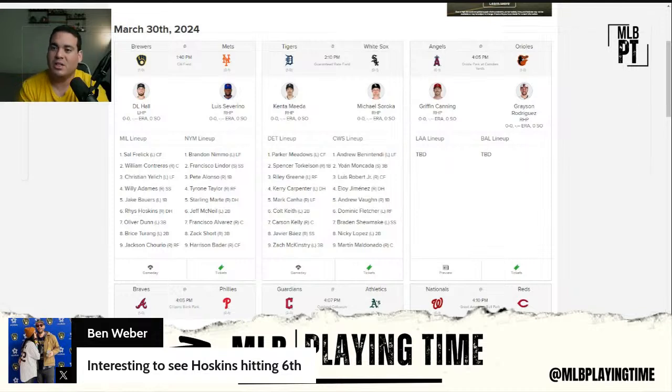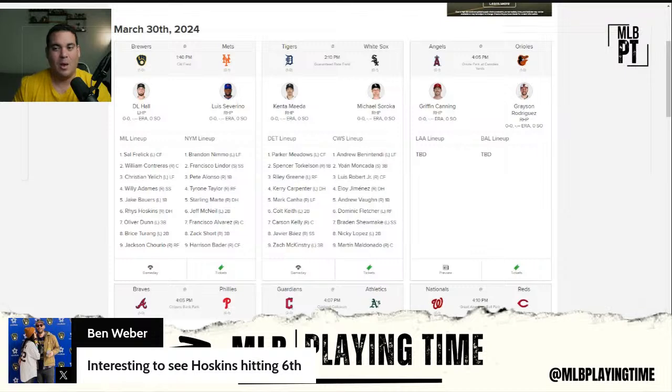It is interesting to see Hoskins bat sixth. I had him fourth pretty much all the time, but Adames has proven to be a very capable hitter all around. Hoskins, obviously better against lefties and righties. But I don't think Hoskins will stay sixth if he's hitting well, but I think they're going to see what they have in Bowers. And Bowers gives them, if you look at the lineup, lefty, righty, lefty, righty, lefty, righty, lefty, lefty, righty. So I think that's all it was, kind of splitting up the righties with lefties. So Hoskins bumped down a spot, probably would bat fourth or sixth.